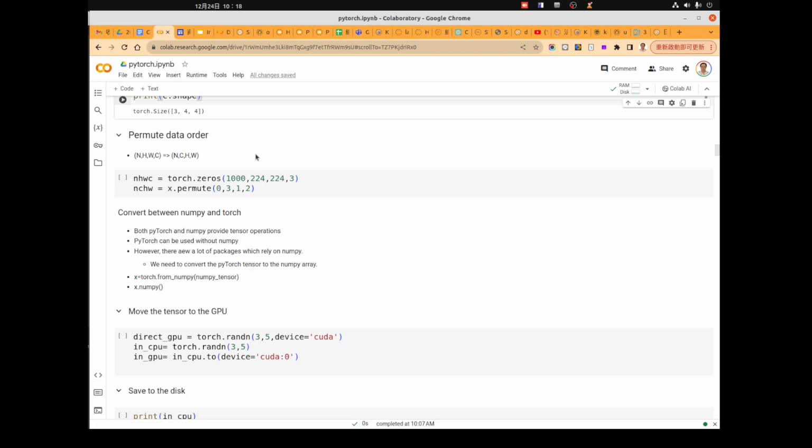For example, if you use one library to read the image from the JPEG file, you need to know exactly how it places the object in memory, whether it is HWC or CHW. And even sometimes the C is RGB or BGR. They might have different orders. So you must be very careful about this so that the data will be correct, especially when you are using different libraries.